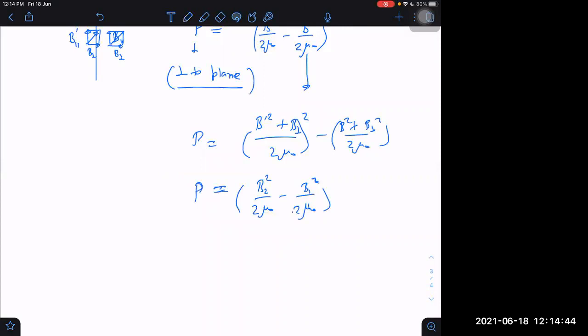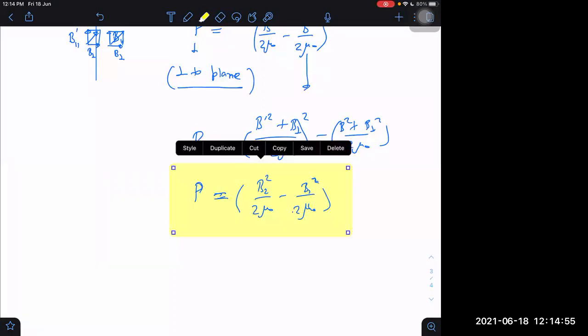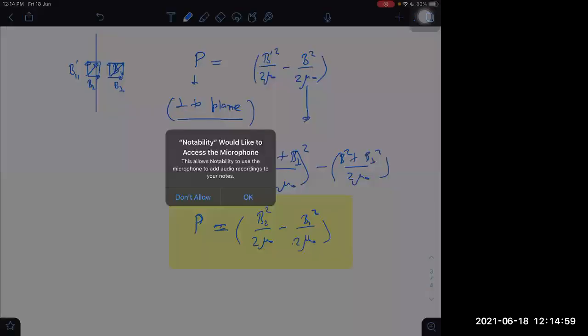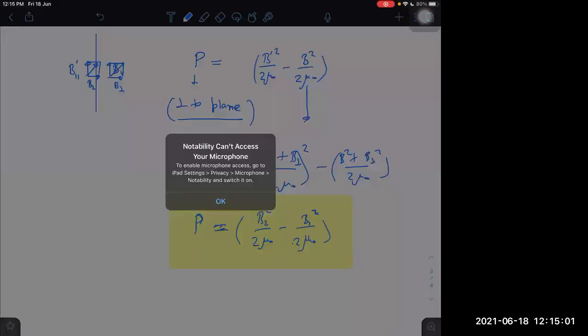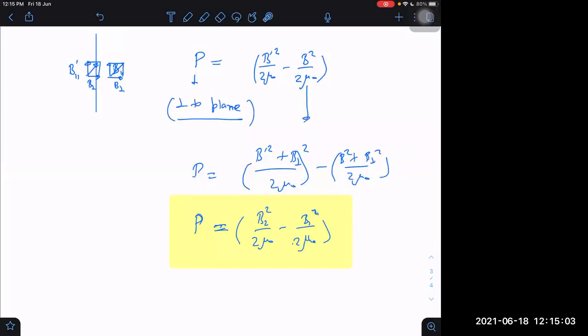P equals this. Okay. So I mean to say that finally the force which is acting perpendicular to the plane depends on the net magnetic field on one side and the net on the other side, and we don't care whether it is perpendicular or parallel. Although we can say that it is also due to parallel, this can be added, and if it is added, then we don't have to remember what is parallel, what is perpendicular. I don't have to even divide those magnetic fields into two components.